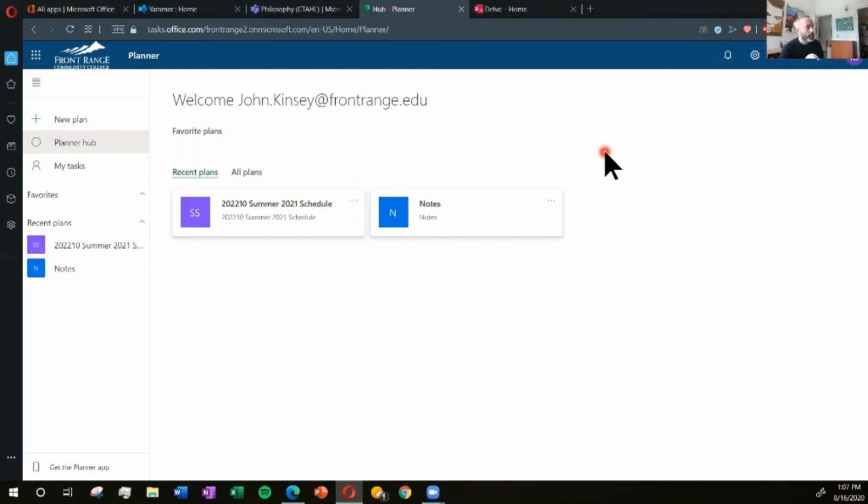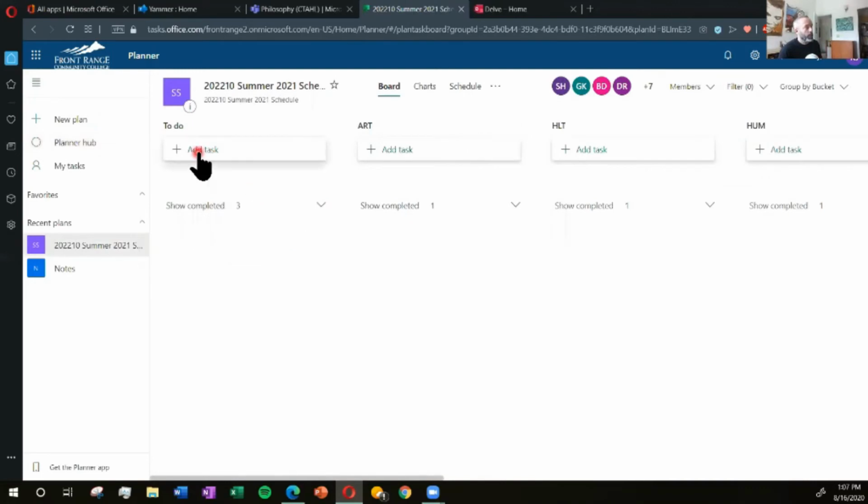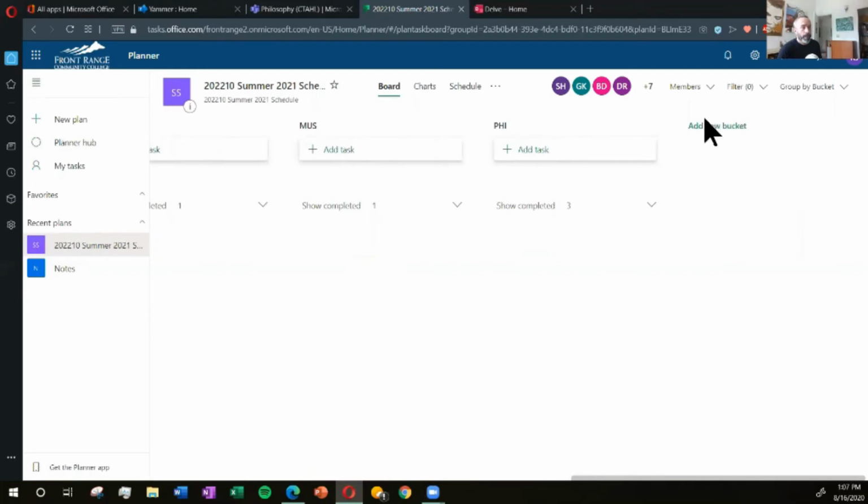You can set up different plans, and these plans are really handy. Each one of these, again, Jen White has done a fantastic job of setting us up. Each discipline, like art, is in what's called a bucket. A bucket is just a way to organize a series of plans. Within a bucket, we've already done a lot of work over the summer, but you can just add a